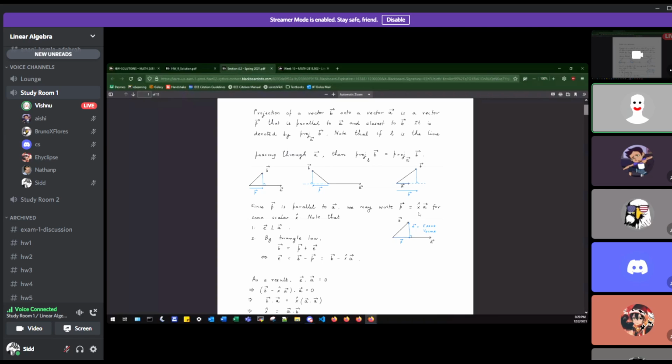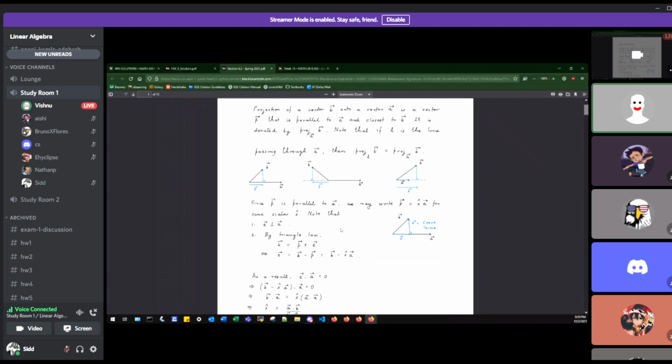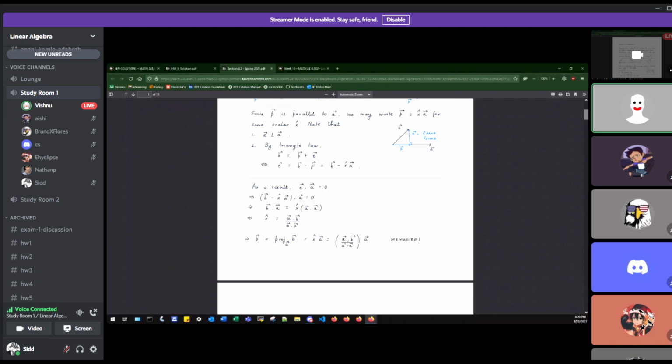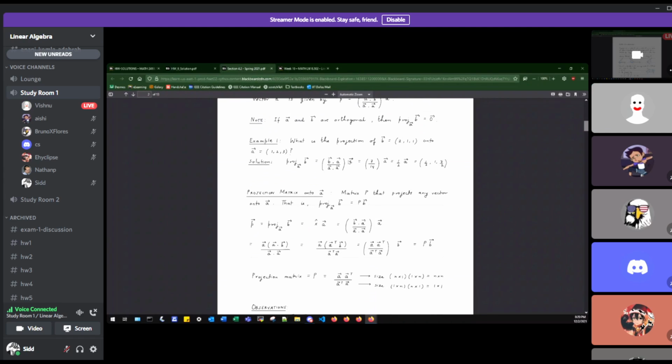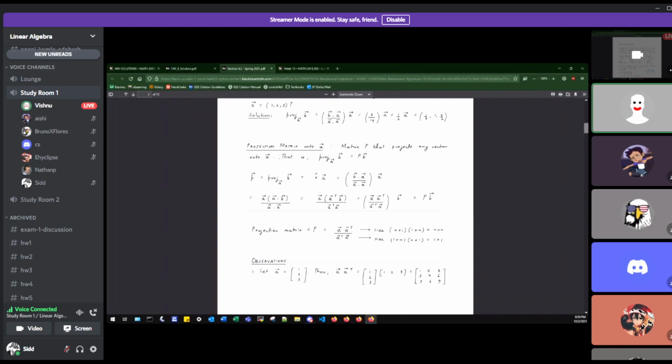Okay, x hat is a scalar. X hat would be equal to B dot A over A dot A. So x hat would be this thing in parentheses over here. Okay. So the projection matrix onto A would be